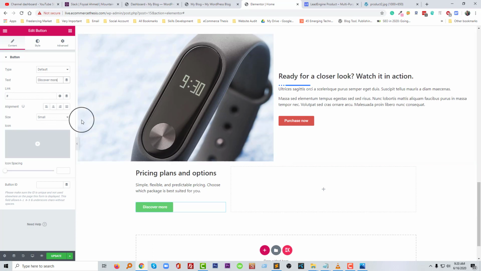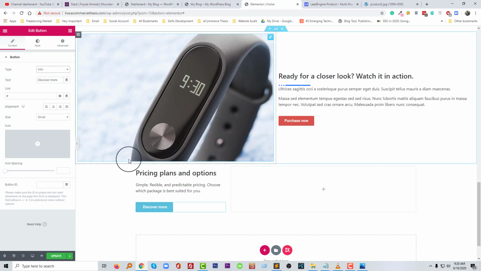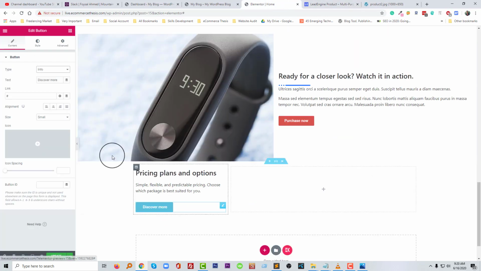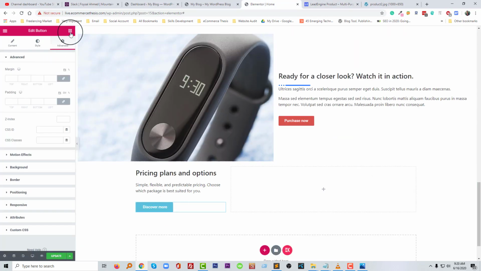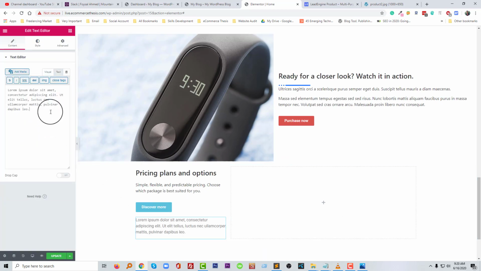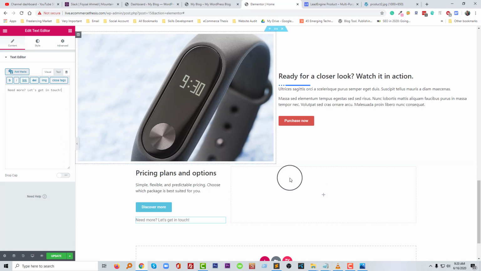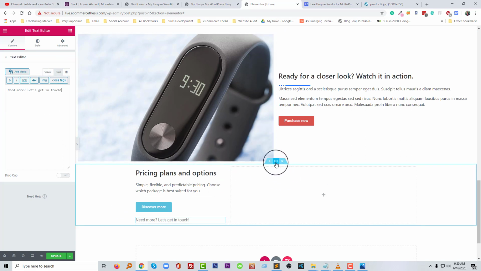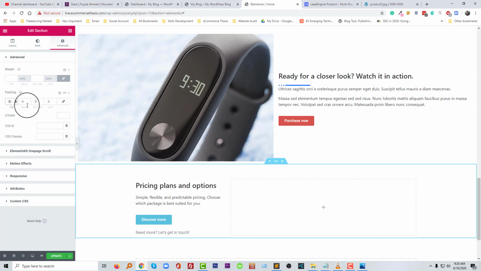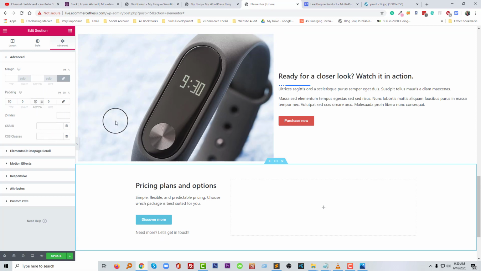Text will be discover more, and danger or info, anything, okay, and then we need to add more, add a little bit text here, so going to click on here, then we'll add a little bit text right here, okay, and let me make a space here,